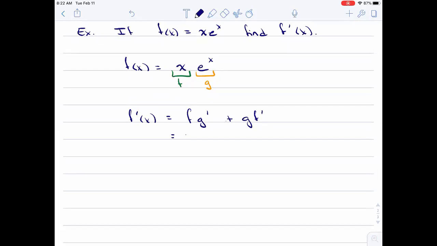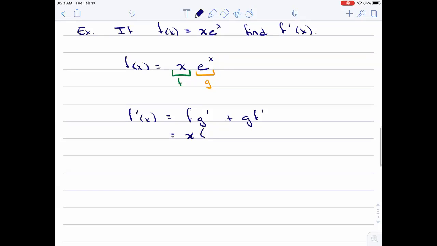Well, f is just going to stay x. g is just e to the x, and so g prime is also e to the x because of that special property of e to the x. The derivative of e to the x is e to the x, and then the derivative again, e to the x, it doesn't end. And so you've got x times e to the x